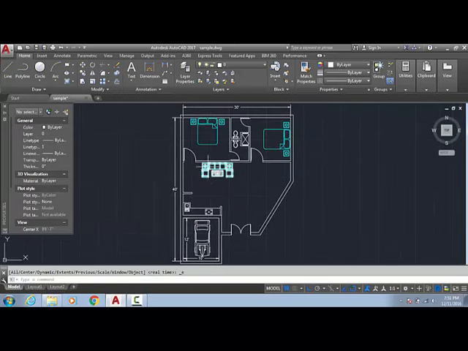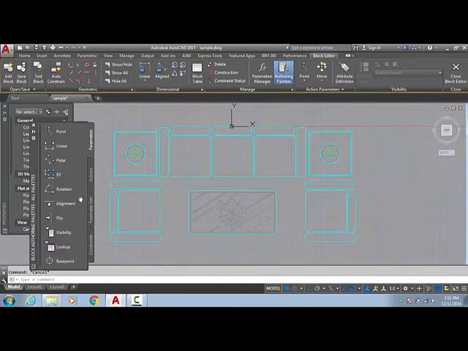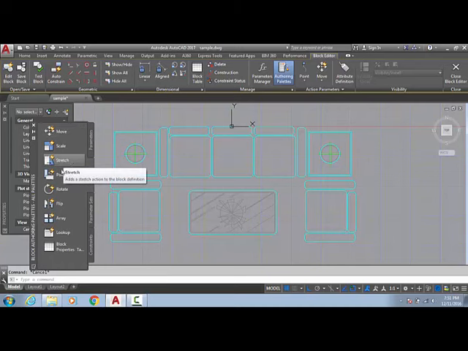Now first I will see what we have remaining to discuss. In the parameters, we discussed linear, rotation, alignment, and flip is not yet covered. We discussed visibility, and lookup and base point are remaining. Also in actions, we used stretch.